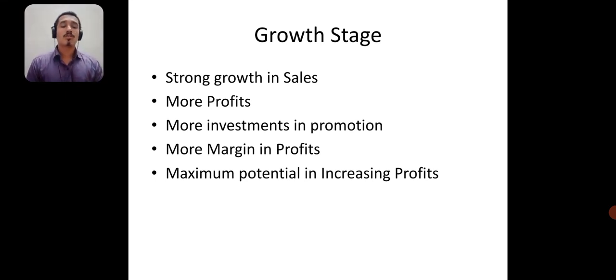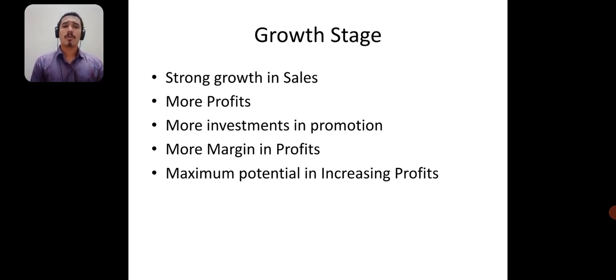When there is a strong growth in sales, obviously there is a profit, right? Then we start investing more. There is a rule which says when you have an increase in sales and an increase in profit, part of it should be invested again to increase the sales. It is not just savings in business. Once you start doing your business, the more and more you invest, the more and more you can earn. Only the sky is the limit, right? That's what I always tell in business. When we invest more and more, we get more and more returns. So more investment should be done in different forms.